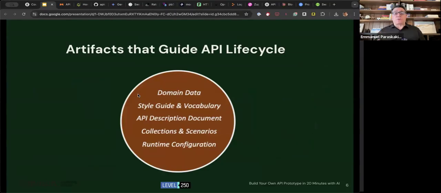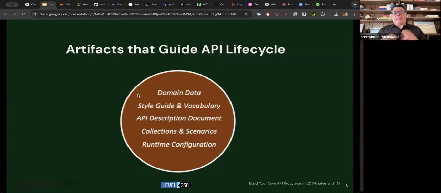They act as the source of truth for what the API should be. And in general, without a source of truth, you will have relative chaos. People will be building whatever, instead of building the same thing or the thing that you prototyped and agreed on with users. Having that source of truth that guides the API lifecycle is kind of like a best practice